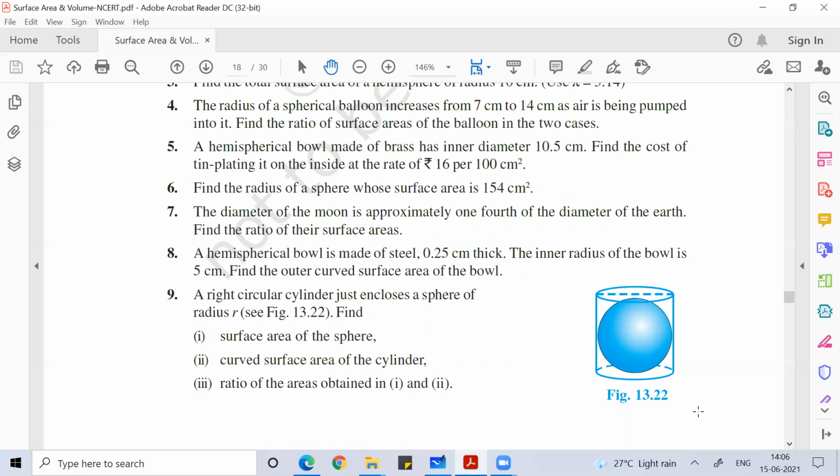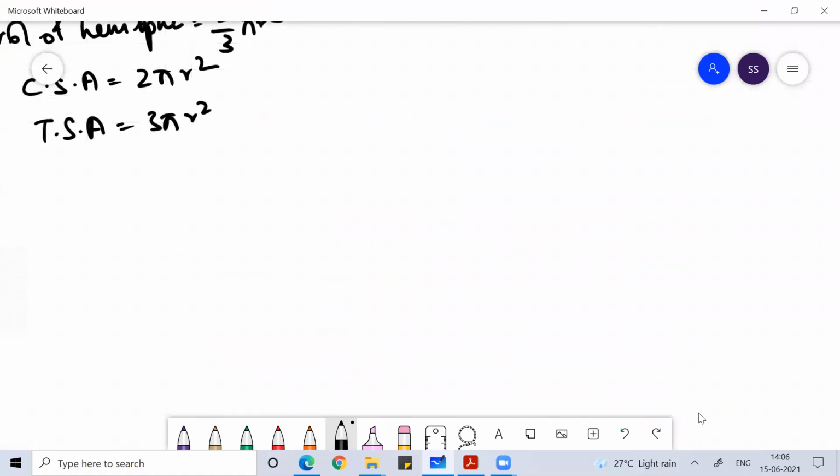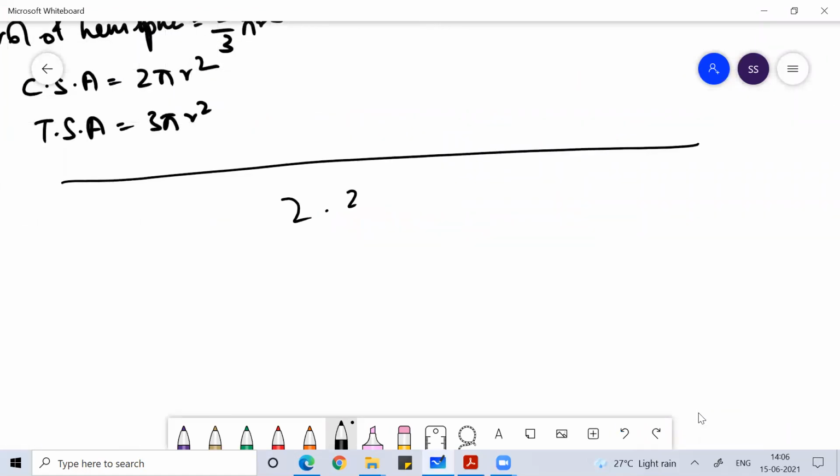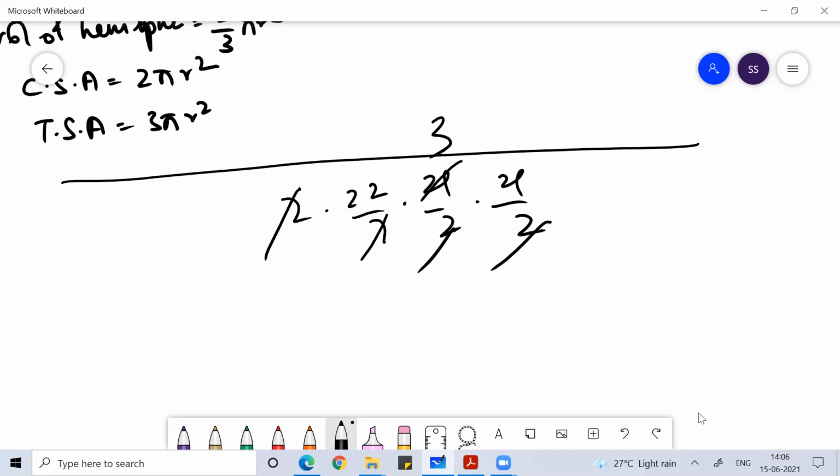कितना आ जाएगा इसका आंसर दोनों? So which one? Eighth one. Yes, sir. So the eighth one, I'm getting it in decimals again. 2 pi (21/2) whole square. So this is 2 pi, 2 into 22/7 into 21/2 into 21/2. This is 3, ये कट गया. This is 11. Decimal में है. Yes, so I'm getting 173.25 centimeter square.